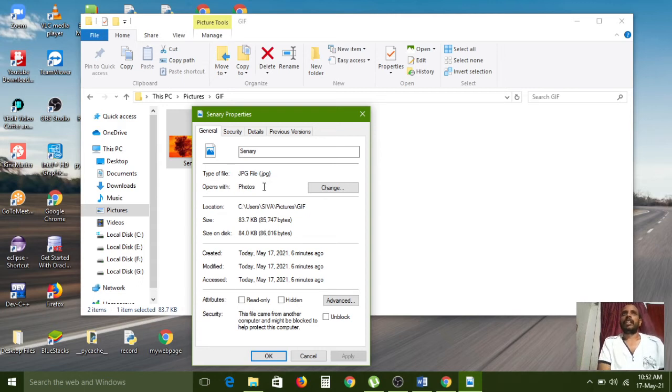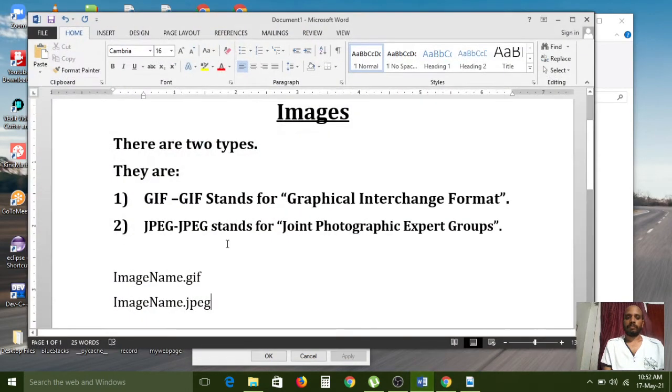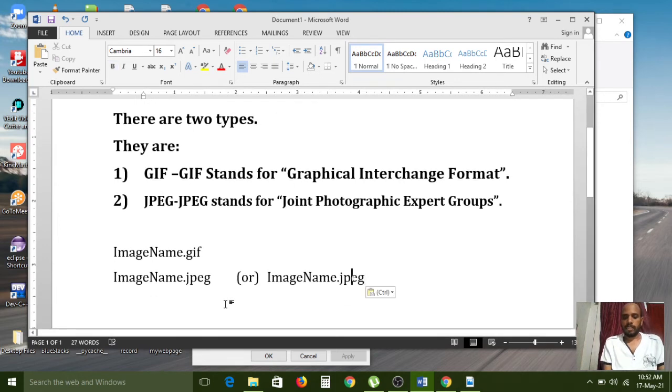But JPEG also works, as well as JPG also will work. So these two are related to JPEG images.